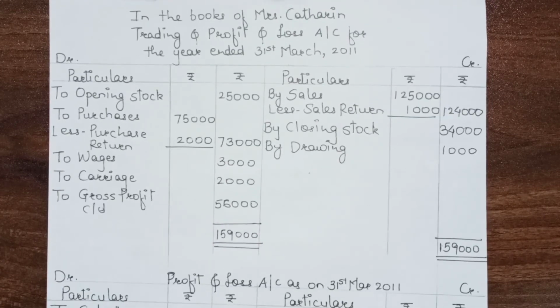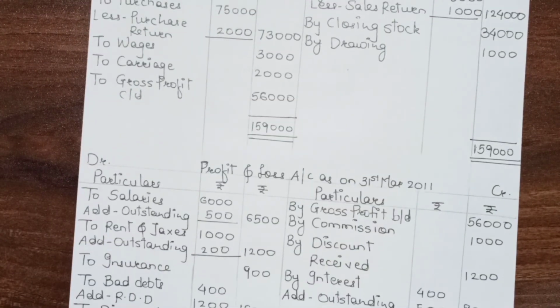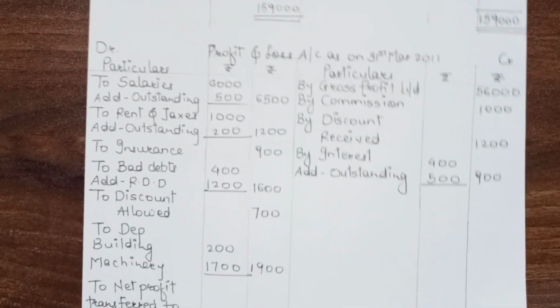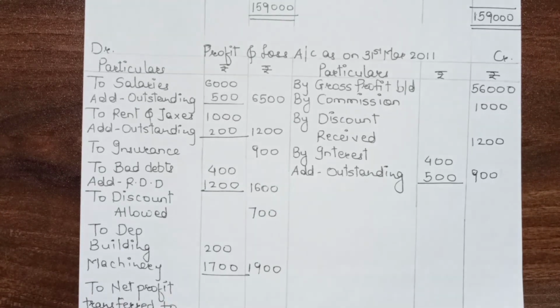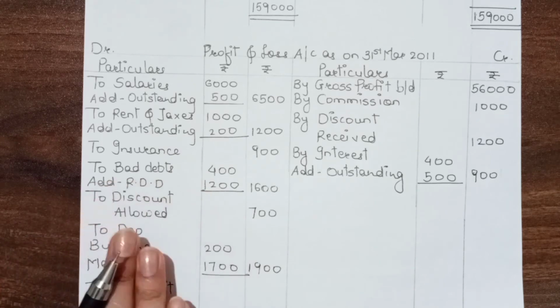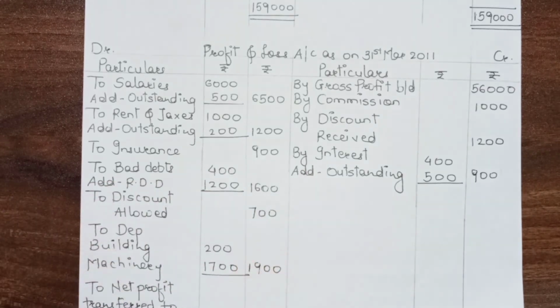I have also calculated the profit and loss account. Similarly, you have to calculate the profit and loss account as you calculated the trading account. Firstly calculate the credit side, and then the debit side. Compare both the sides, see which side is greater, and subtract it. You will definitely understand which is profit and which is loss. If you are getting the credit side as the greater amount and the debit side as the lesser amount, that means it is your net profit, and vice versa. If debit is greater than credit, it is your net loss.